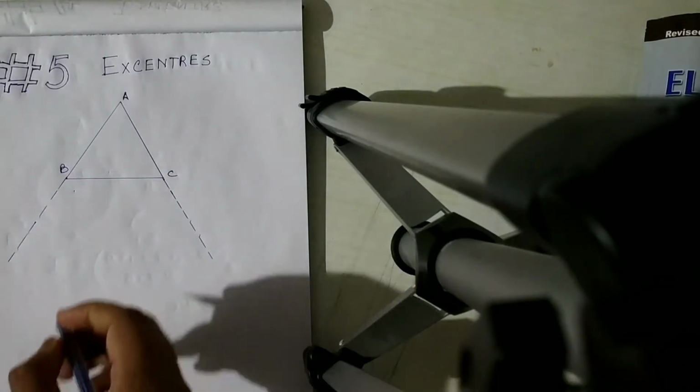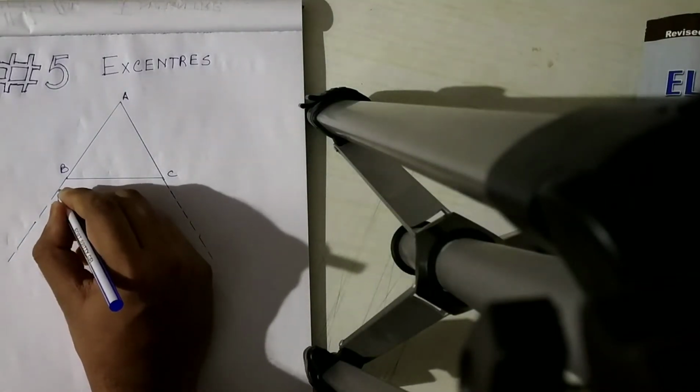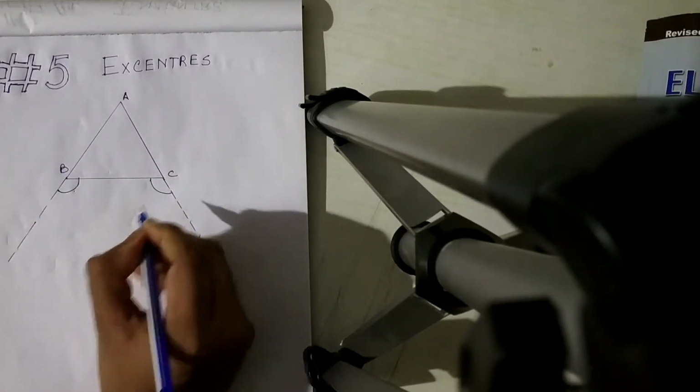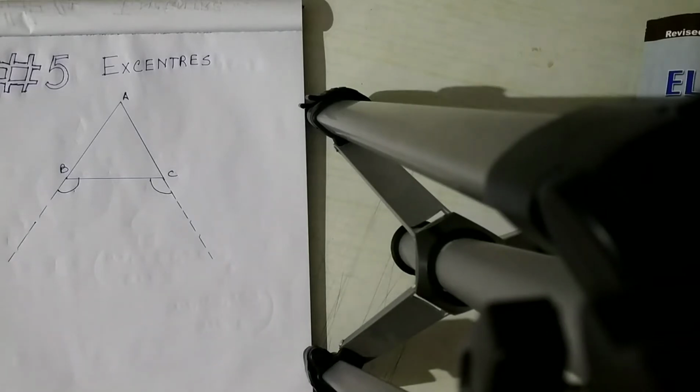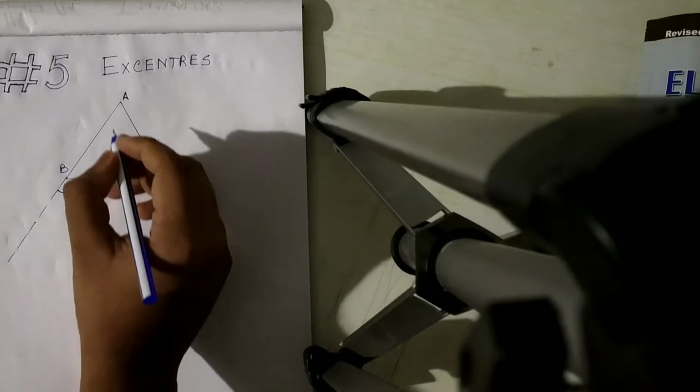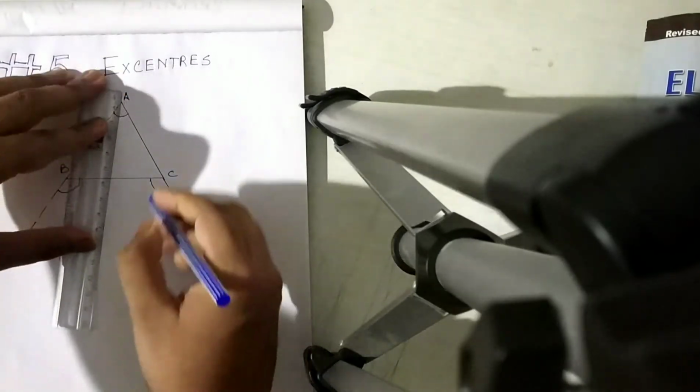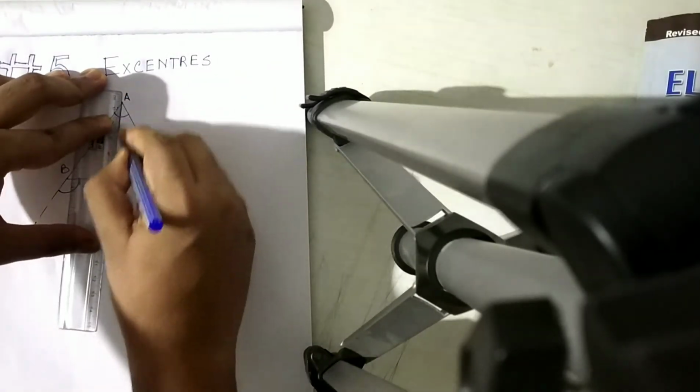Now we get two new angles, this angle and this angle. Now the excenter point will be angle bisector of angle A, this line,